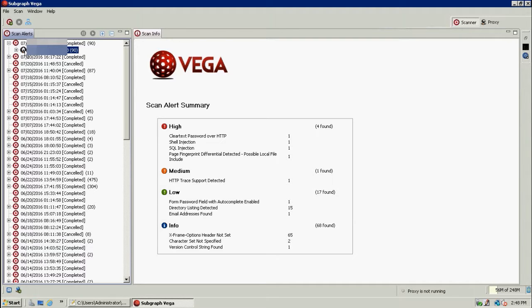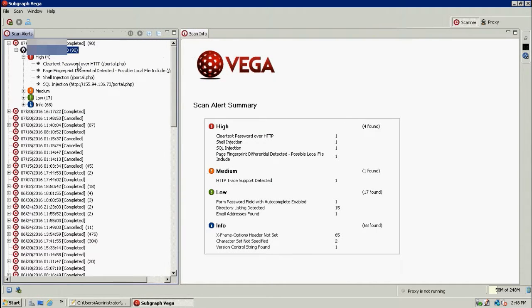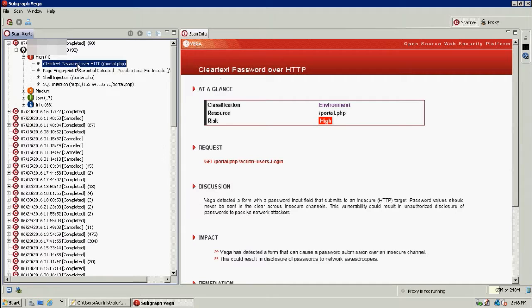So this is his IP, and see, there's a high risk. I'm going to open them one by one, so it will be easier for you. See, there is a clear text password. Clear text password is a real risk. Suppose you are logging into your billing through a broadband or Wi-Fi wireless network, and someone is sniffing your packets. They can clearly see what you are sending over clear text HTTP. So it's a highly vulnerable thing. The system should use HTTPS. Okay, there is another thing.